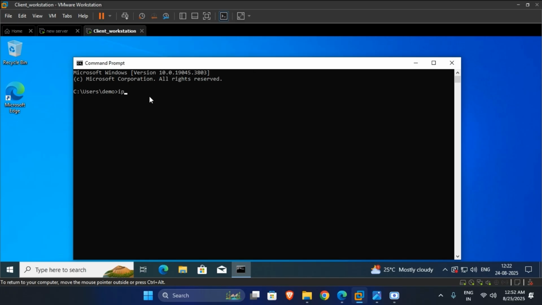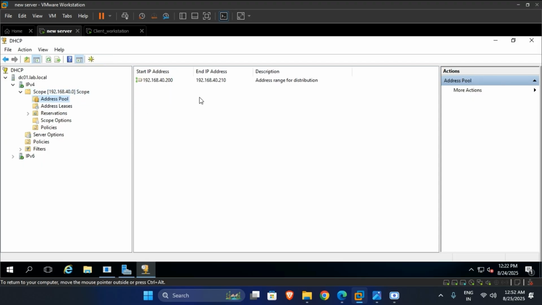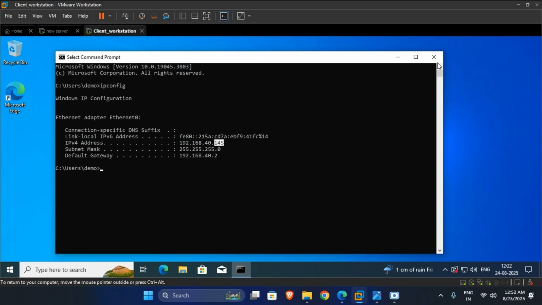Now, let's first check the IP address here. Is it assigned automatically or not? Look, I gave range from 200 to 210. Look at here, 200 to 210. Is it having 200? No, it is not. So how do we configure our client to have the dynamic addresses from our server? Let's just go to